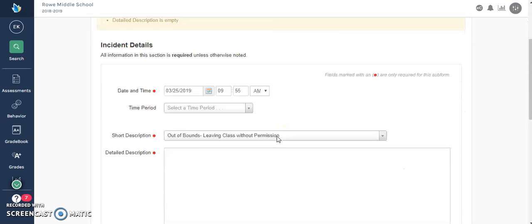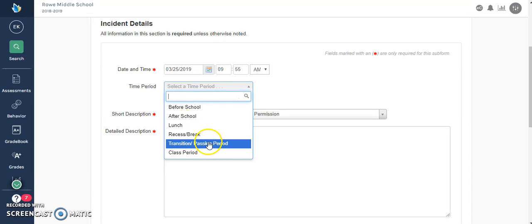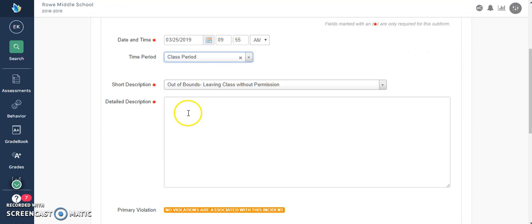When we come up to this screen, we will start by entering the time period that this took place. We'll say that the incident happened during a class period, and then we'll give our detailed description. The scholar was